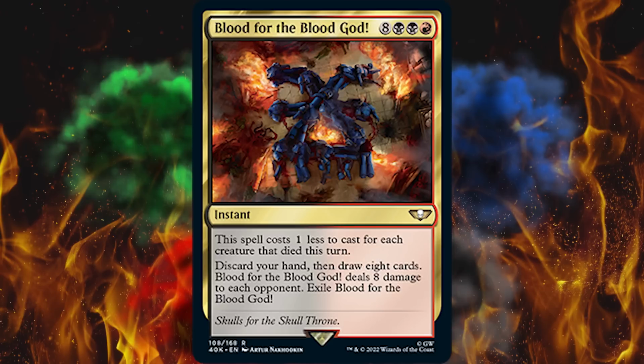So you can do a lot with this. Discard your hand, then draw 8 cards. Blood for the Blood God deals 8 damage to each opponent. Exile Blood for the Blood God. And then the flavor text is Skulls for the Skull Throne. I assume this involves somebody who really likes, what is that, like verbal palindromes or...